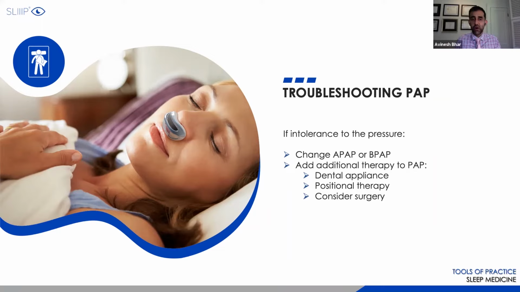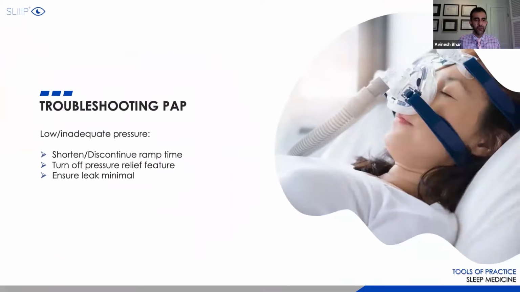Now, I mentioned before as well with the dental appliance, but you can add this to anything else as well. Your CPAP can be adjusted or added to any of these therapies to allow for a slightly lower pressure, especially if high pressures are not tolerated. Inadequate pressure, I mentioned before as well: when we switch on or maximize the EPR or the A-flex, patients tend to have an apneic episode.